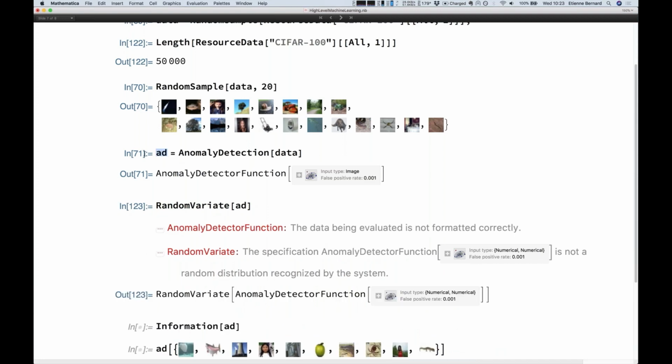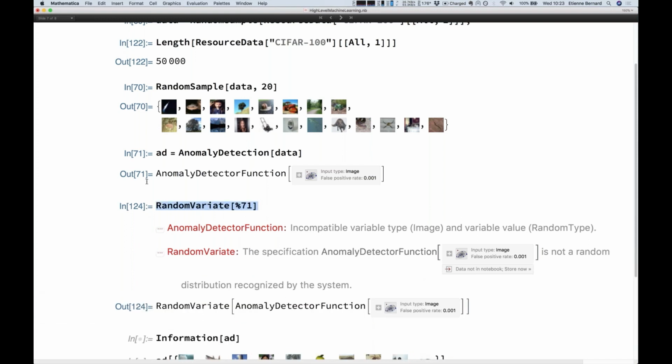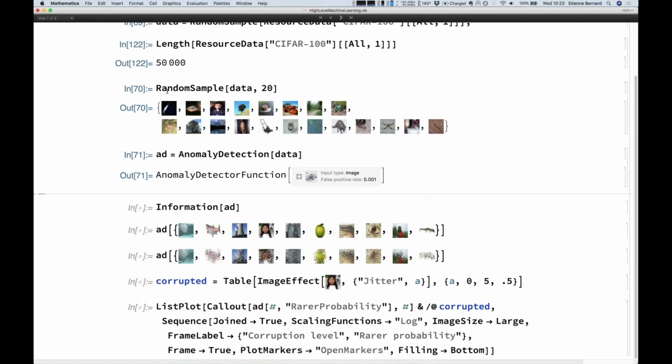I messed up because I renamed, oh wait, it's output 71. Okay, I think we're going to cheat. Random variate. Oh no, it's not random variate. Sorry, this is an anomaly detector function. It's not a distribution. So actually inside there is a distribution. So I could generate examples, but I cannot with this object.